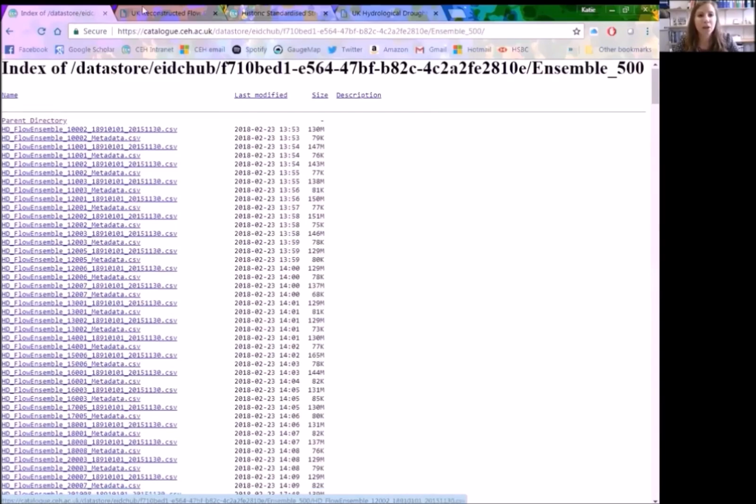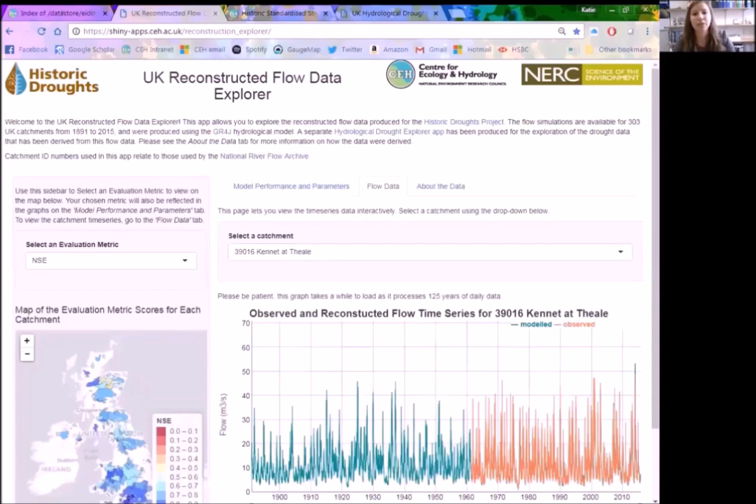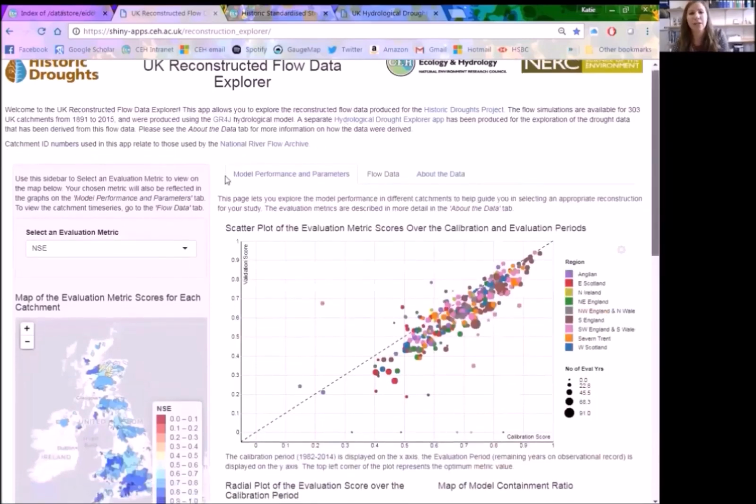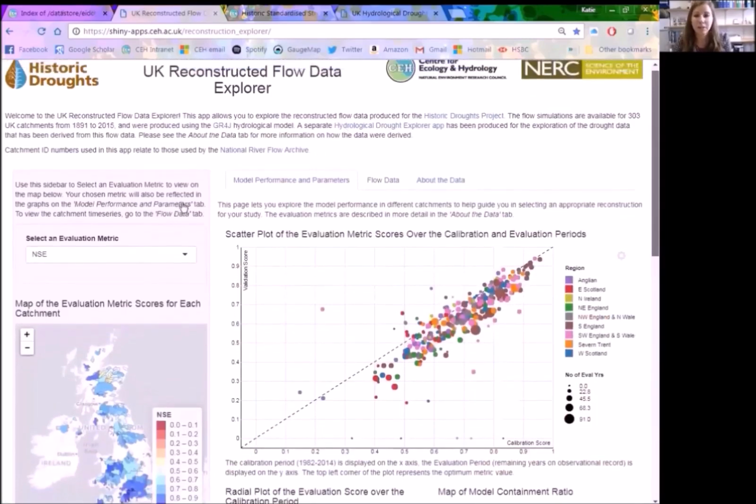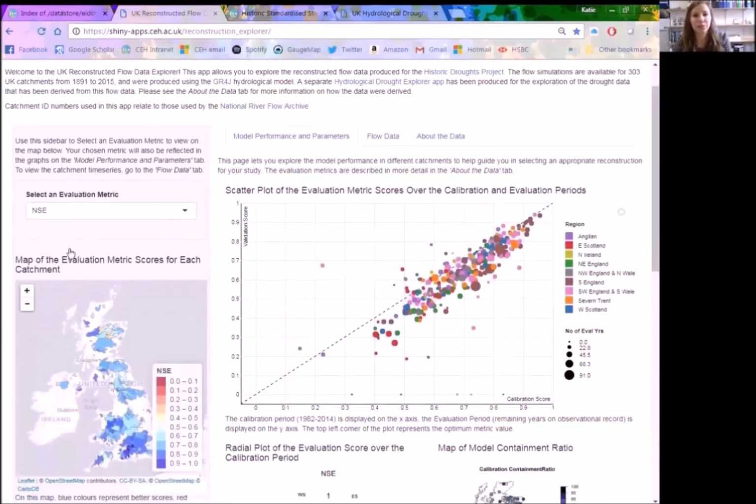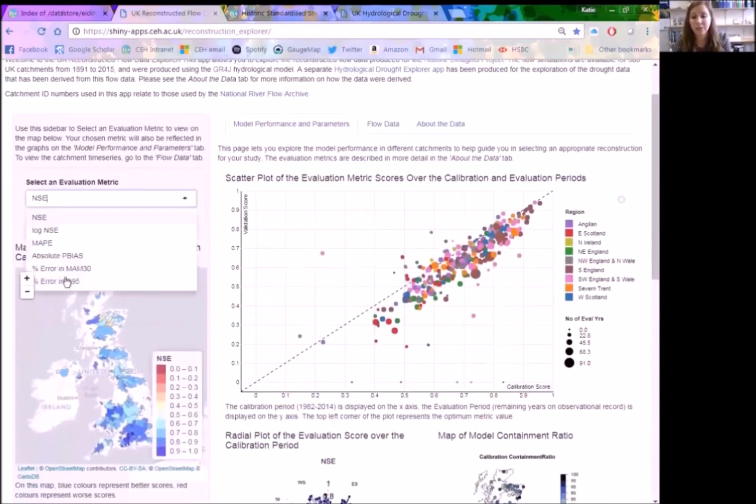There is also, as I said, the Shiny app. So this is what the Shiny app looks like. You come onto this front page here. It tells you a little bit about the project. There's a map down the left-hand side where you can click on the different evaluation metrics, the calibration metrics that